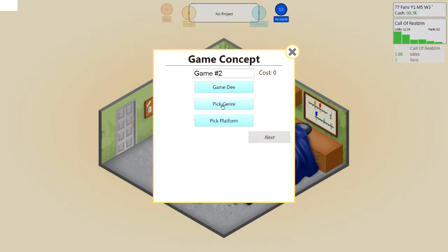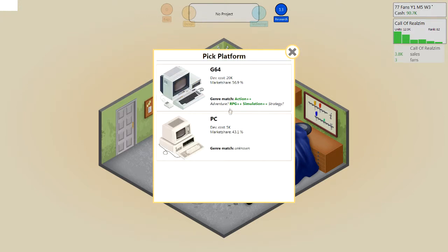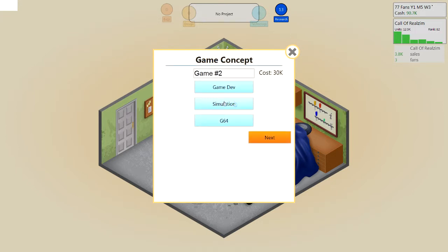Alright, so game dev. I'd say game dev is kind of a simulation game, I guess. There's probably a better thing. There's a casual genre that you unlock later, but we don't have that unlocked, so we're going to go with simulation. Platform, we're going to go with the G64 because it still has higher market share, which is nice. The dev cost is more, so you're going to have to pay more up front, but I think it's worth it. So we're going to go with that, and simulation works well with it. So we'll call it